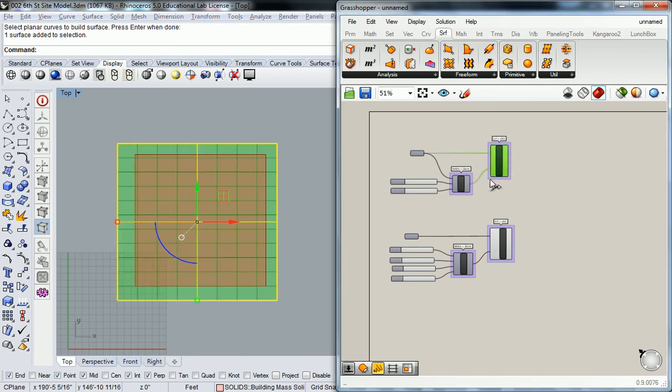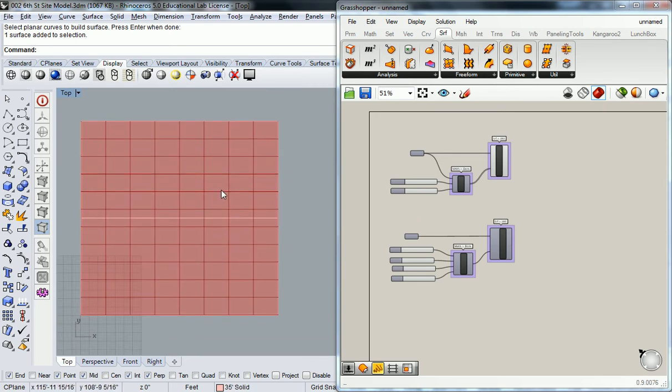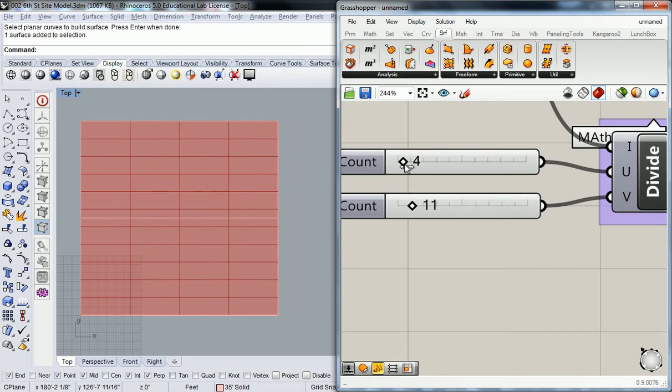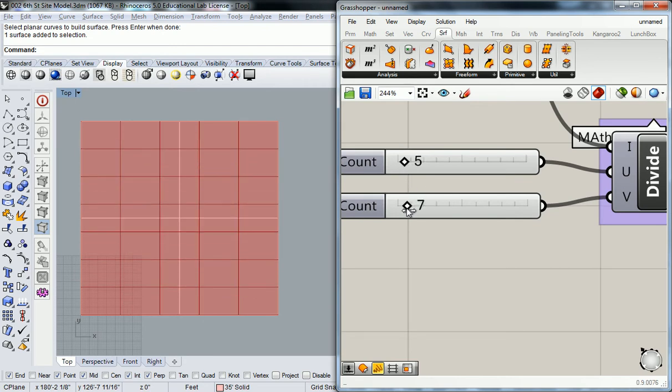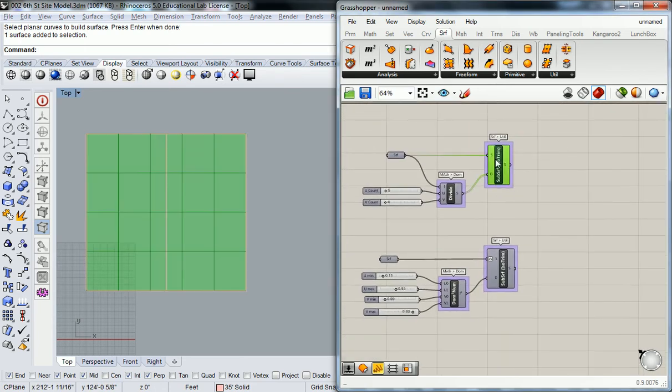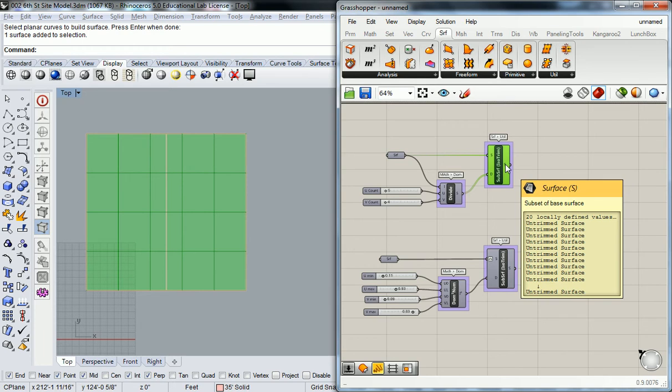If I turn this back on, what you see, let me turn this one off, what you see is a subdivision. And I'm going to keep it simple with some very small numbers here at first. So I'm going to go down to, say, 5 subdivisions that way, and maybe 4 subdivisions this way. So that gives us a subdivided surface for each of those. Now, here's what you need to know. Okay, when it pushes that information out, right, it cuts it up into little bits and pieces,